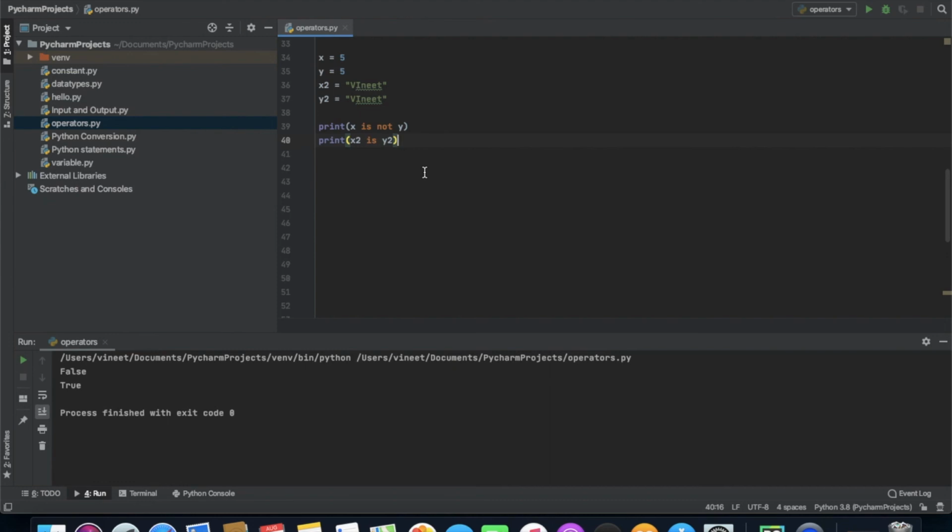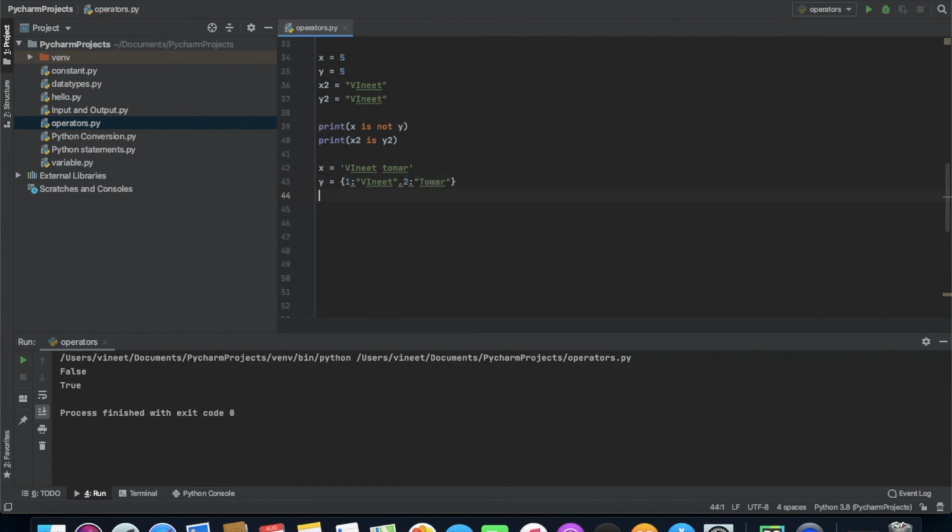So let me give you an example of this membership operator. I'll take x equal to Vineet Tomar, and I'll take a dictionary format also, y equal to 1 as Vineet and 2 as Tomar.